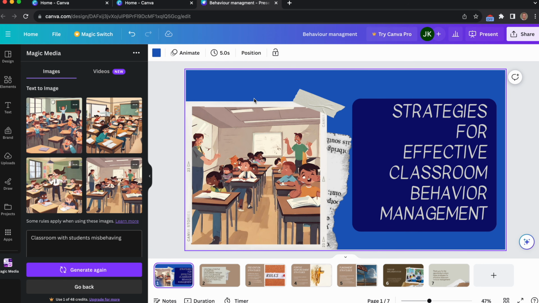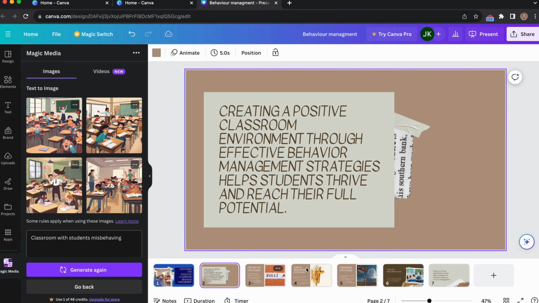We've got the images that we can create using the image function. We've got the design and the slides that we use with the 5 words at the start. And then we've got the Canva assistant that's helping us to modify and adapt any of our text and any of our slides. When you're happy with the final thing,